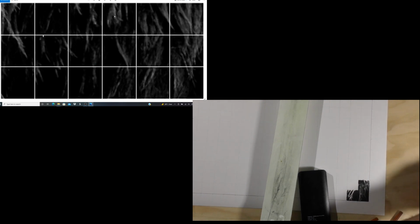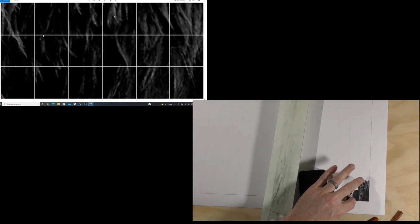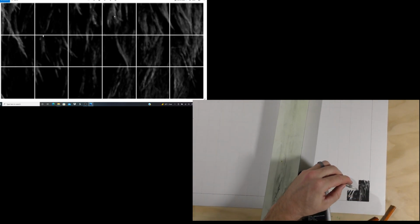Alright, let's get our square eraser. See if we can... Actually, let's get the electric one. See if we can lightly go on here and get some of the lighter things to show up in this background. Got these sort of like... And then just smudge them in. Actually, probably better if we use this thing. See, you can get these things to show up. Alright, let's go ahead and smudge all this stuff in. A lot of this is just almost gonna disappear. And then right here, this thing kind of...